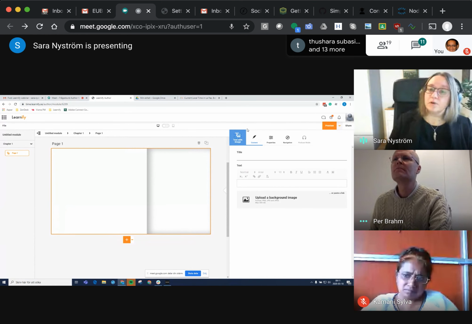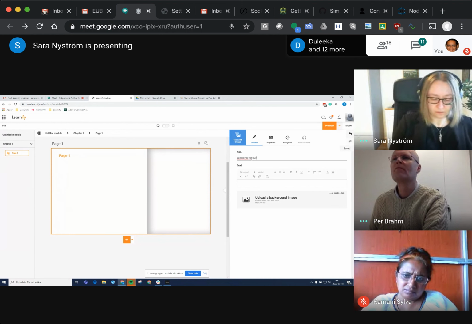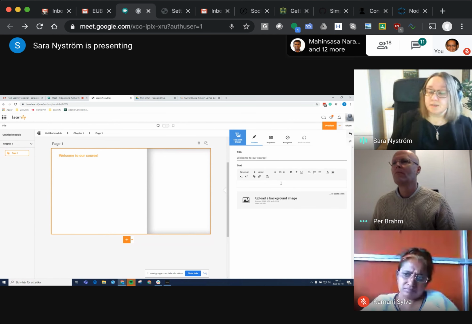In the first tab of the page with text and image template, you have content. And here we have welcome to our course. There we go. And as you see here now in the middle, you can see your material adding as you edit. The text input field has been improved a bit. We have some more headings. We have some more text formatting, a few more fonts. You can choose sizes here, and you can also